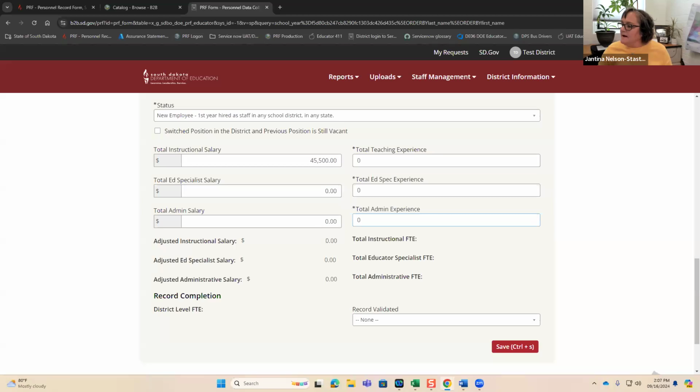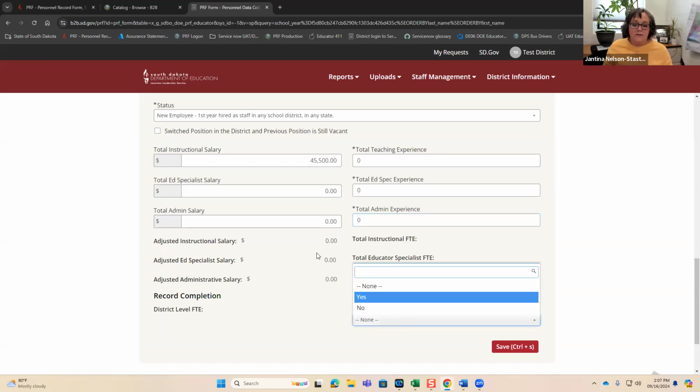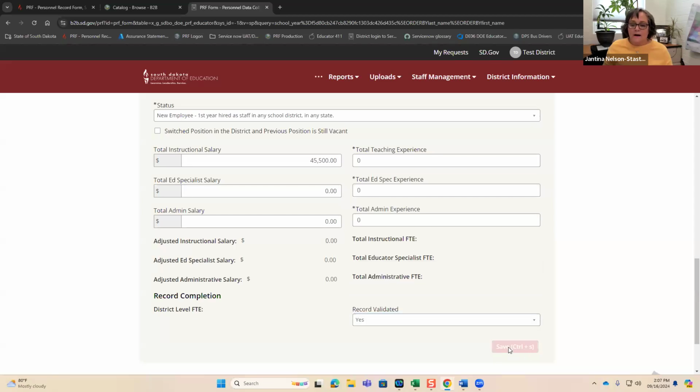There is a record validated field here, and this field can be set at any time. This indicator field is the mechanism used to confirm with the system that the record was reviewed, modified appropriately, and then prepared for submission. So switching it from yes to no triggers the final update to calculations and status changes. We added these calculations to the screen this year. And I'm just going to trigger that calculation by clicking on yes.